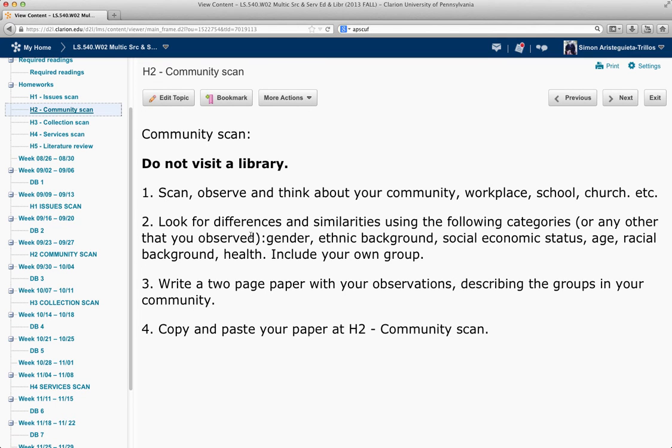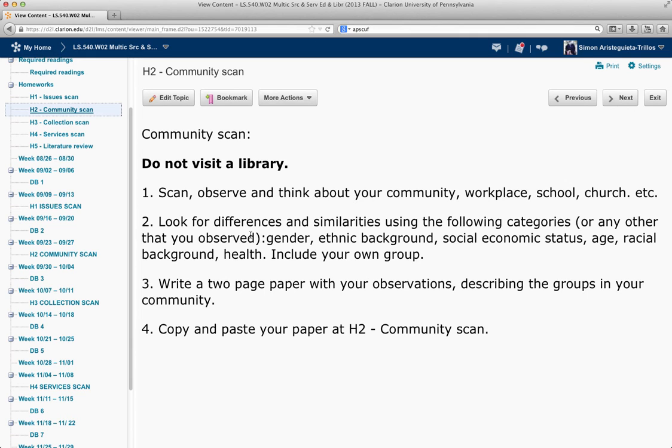The second homework, again, an awareness homework. Do not visit a library. And here, again, number one, scan, observe, and think about your community, workplace, school, church, and look at the differences and similarities using the following categories or any other that you observe. Because here not everything is included. Many things I have forgotten or I didn't see here in terms of gender, ethnic background, social economic status,